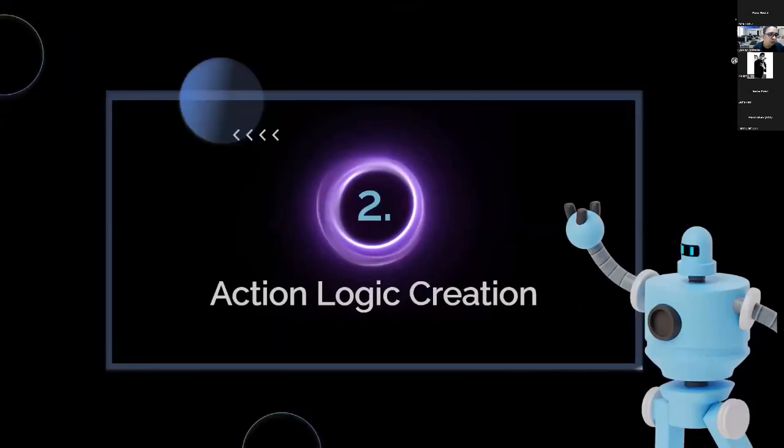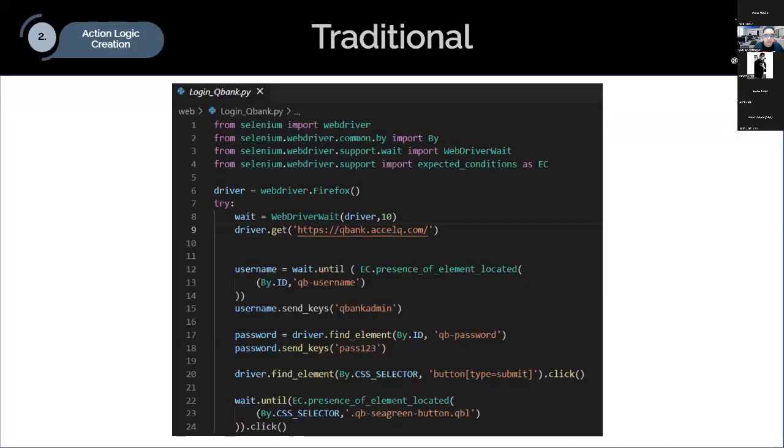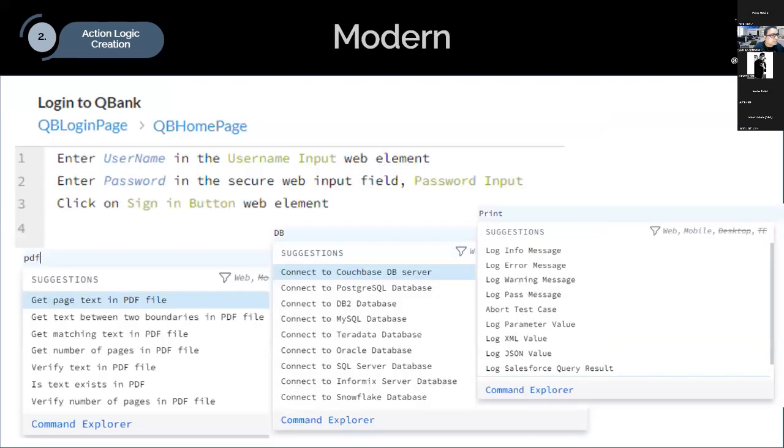So let's talk about the next one, which is action logic creation. Traditionally, when you look at action logic or test authoring, we normally have to write, if you take this example of Selenium with Python code, you have to import the web drivers, find elements, find XPaths, right? This has been very complex in terms of knowing how to code. You need to know languages like Python, Java, C#, Ruby, etc. But when it comes to leveraging the power of AI, this 24-line piece of code is now reduced to just 3 lines, where you're just using natural language